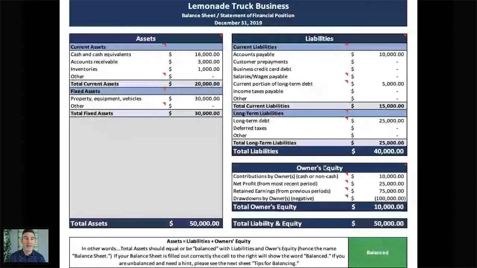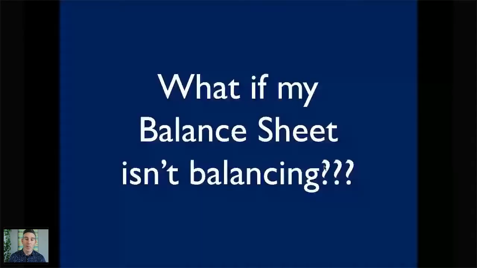Now, a common thing that you might run into, thank you, Uday, for being here, is your balance sheet is not balancing. Womp womp. So we have some tips on what to do if your balance sheet isn't balancing, because it can be very frustrating. If you've gone in and you've filled out that equity section and you're like, hey, this isn't adding up, here's what we would recommend.